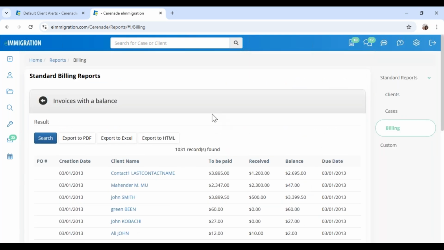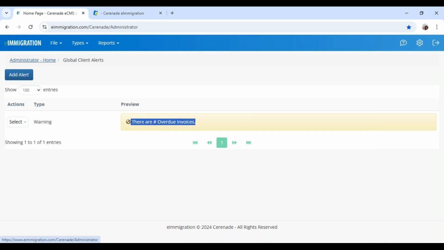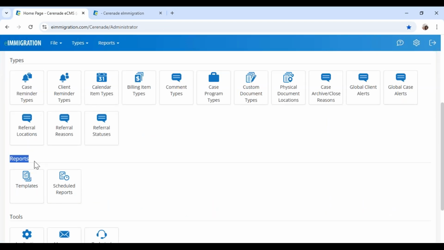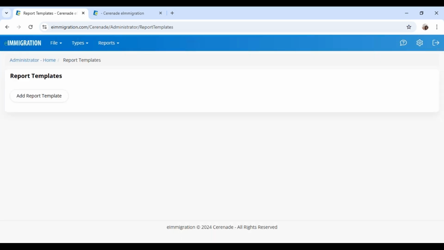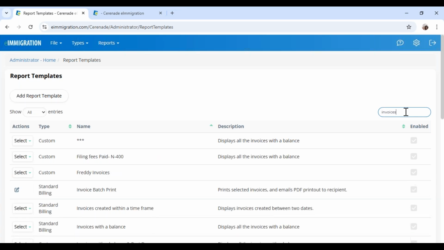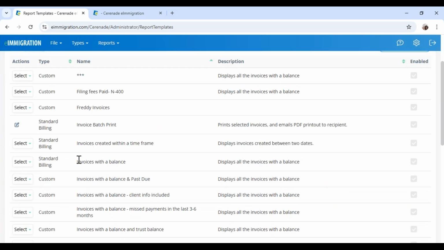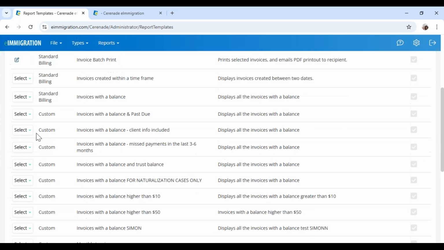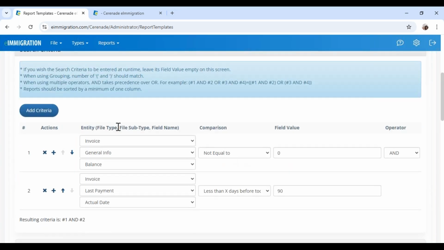Okay. The way you do that in the admin, again, only for those who have custom reports. Just go to report templates and you can customize the report by making a copy. So if I search here invoices, this is the standard billing report, just click select copy. I already did one, and that's why it says custom. For example, I want to see just missed payments in the last 3 to 6 months. So I can run this report and change my criteria